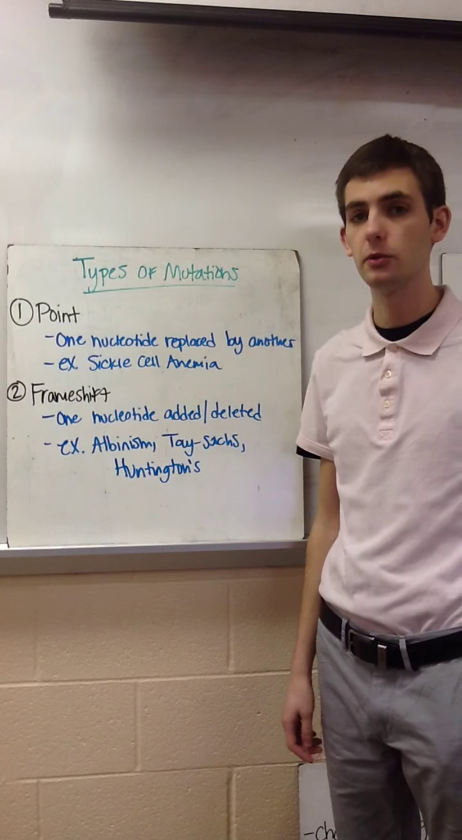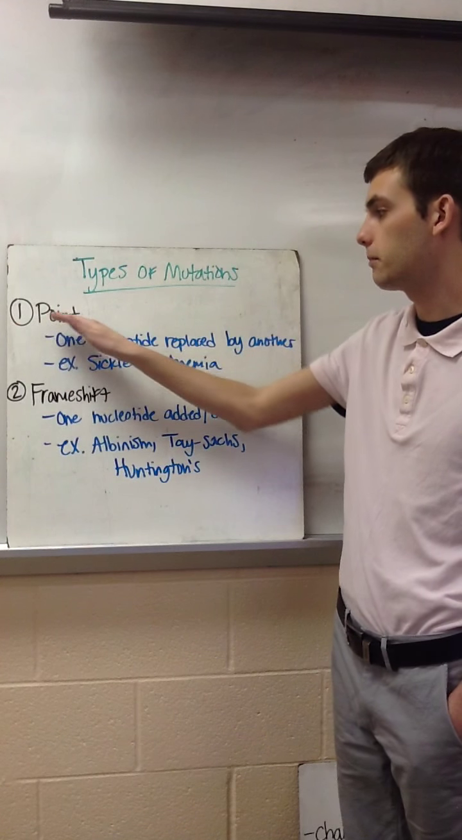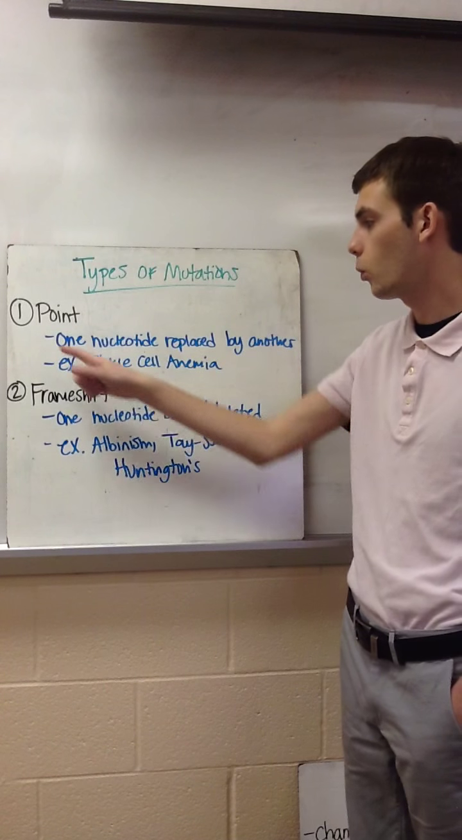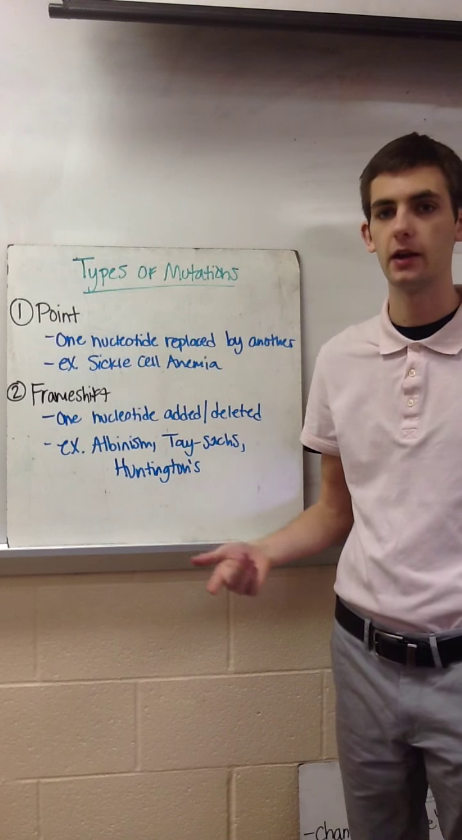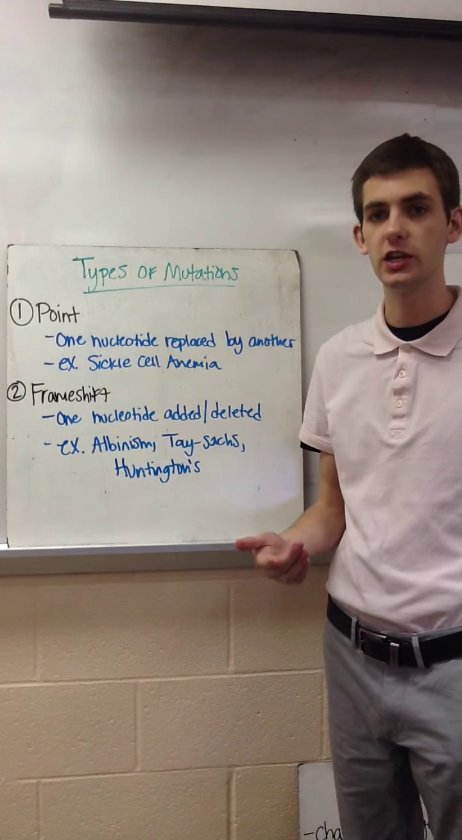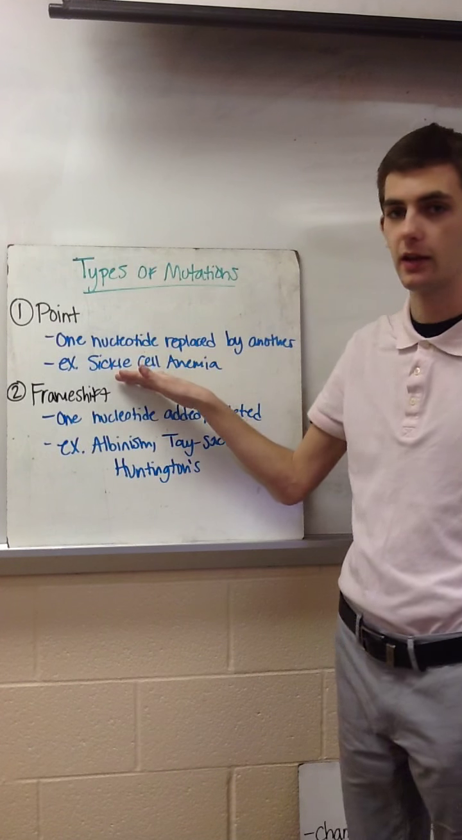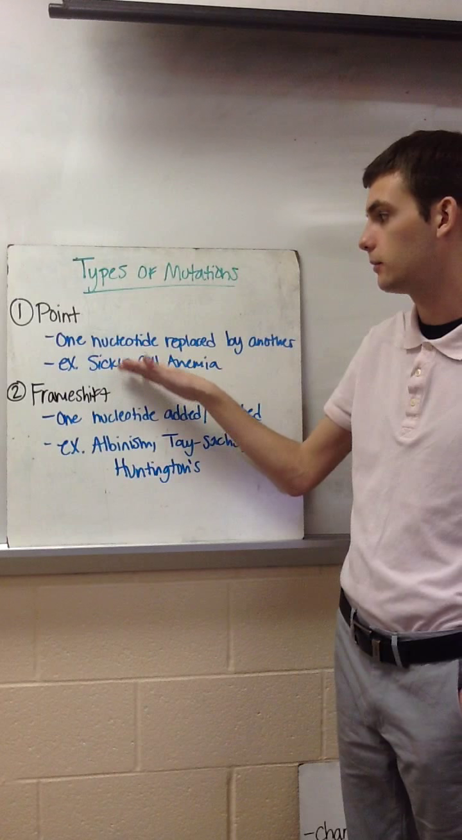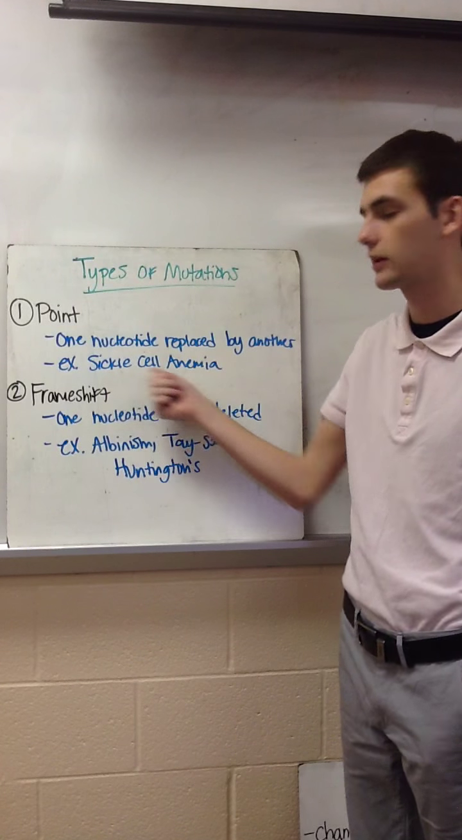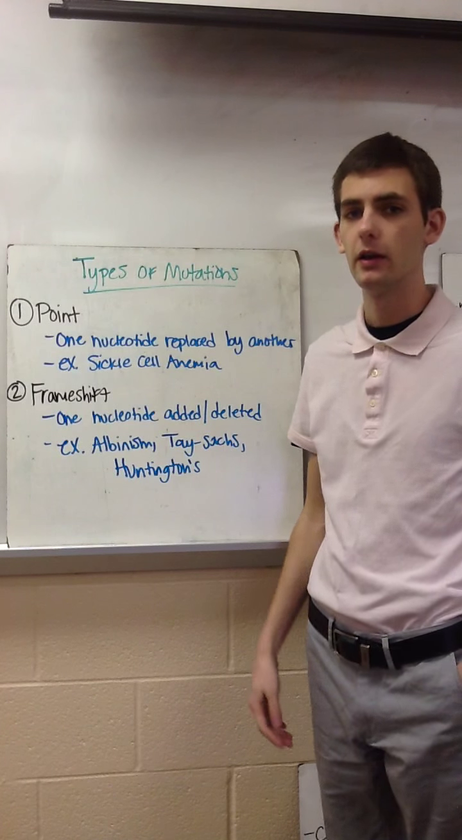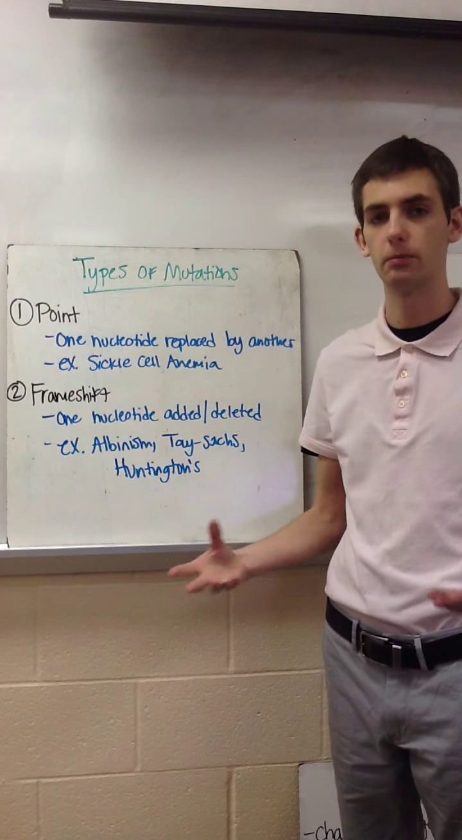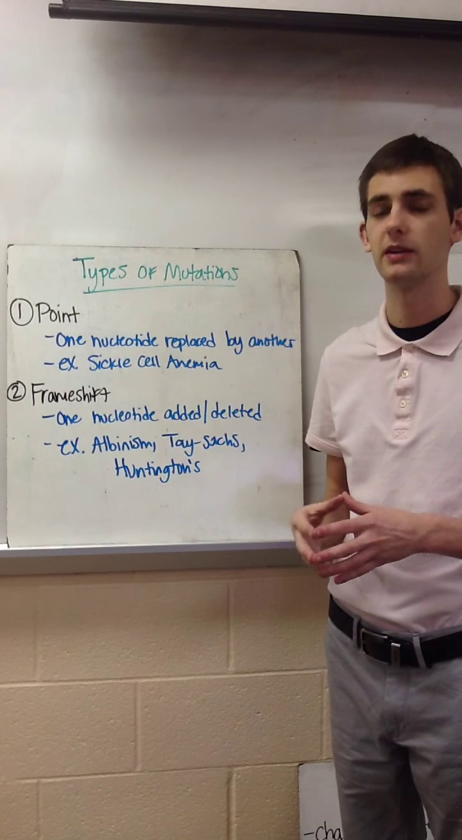There are two types of mutations. The first mutation is a point mutation, and this is when one nucleotide is replaced by another. For example, a G is changed to an A instead. And an example of a trait that is caused by a point mutation is sickle cell anemia. And remember, sickle cell anemia is when your red blood cells can't carry oxygen because they have a different shape